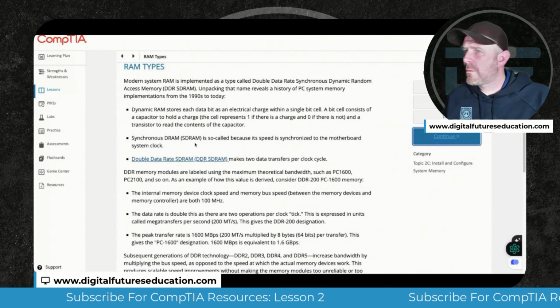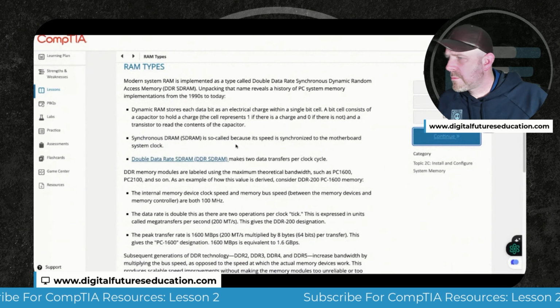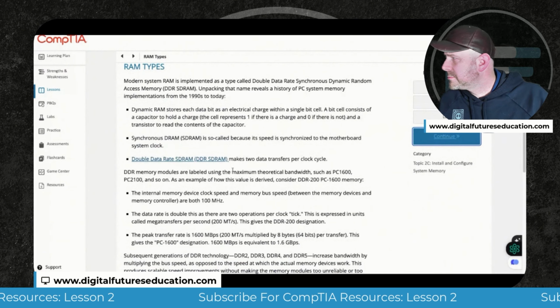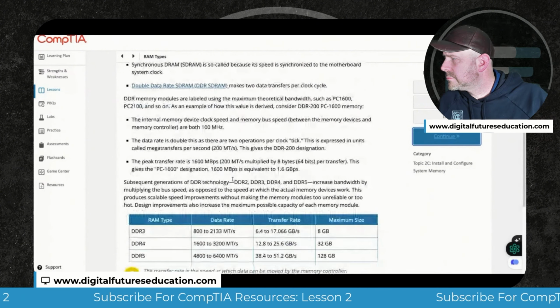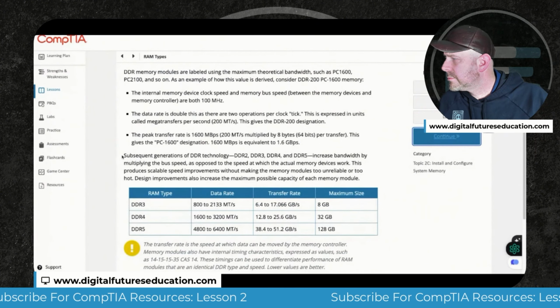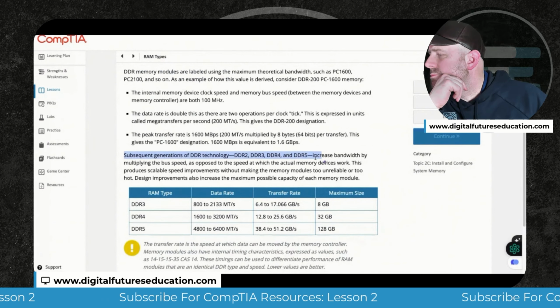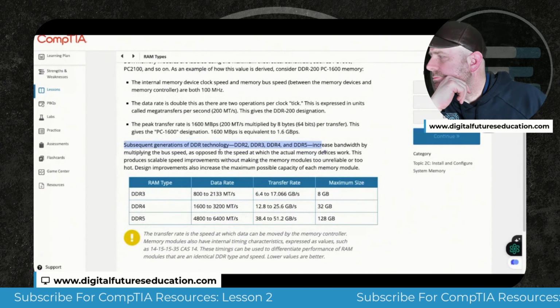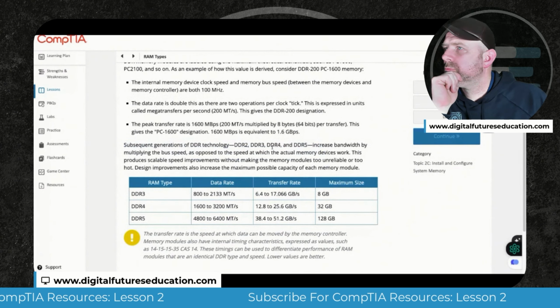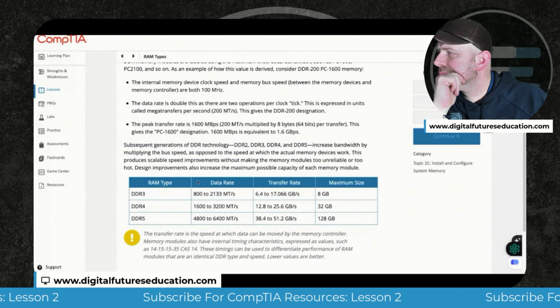We have synchronous RAM, which is DRAM, SDRAM. Speed is synchronized to the motherboard system clock. And then, we'll review this. Also, DDR2, DDR3, DDR4, which are different versions of bus speed and RAM and memory within devices, and data rates